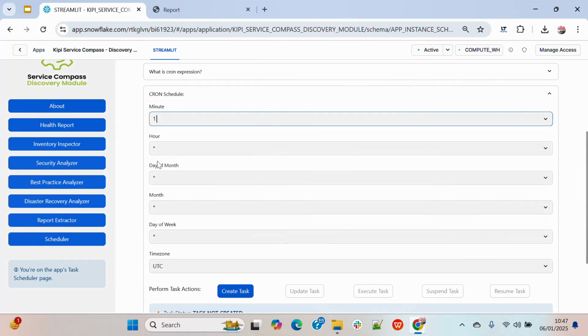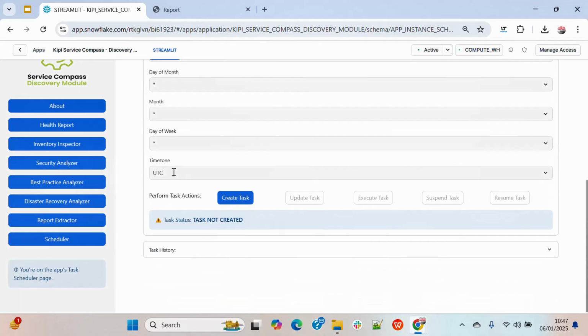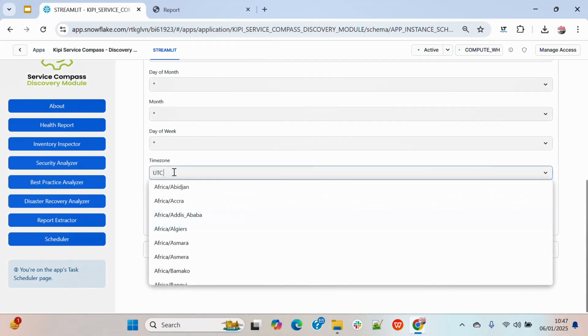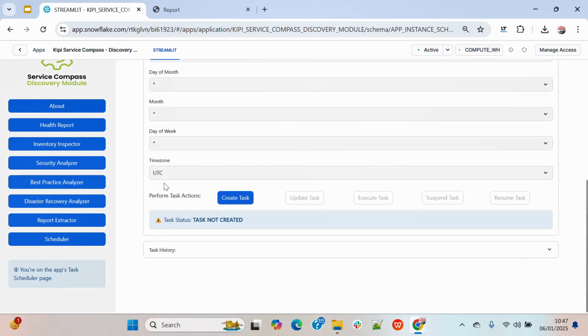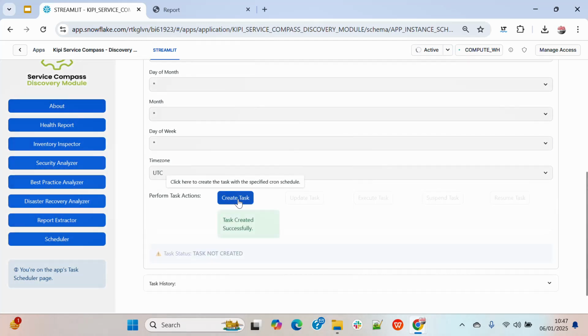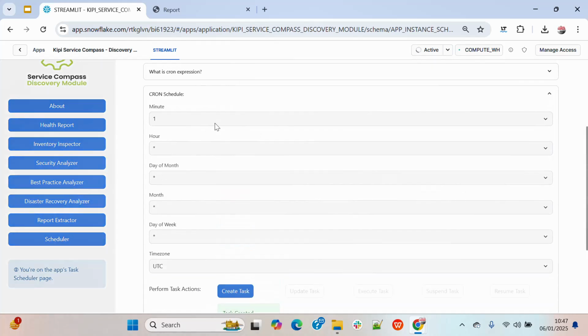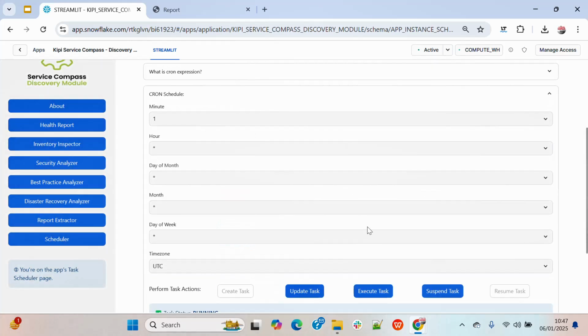For example, if I put over here that every 1 minute I want to run, I can also choose the time zone where I want to run this. For example, if I use UTC and click on create task, it will go and create a task in the background with all the required information so that it will get executed on this schedule